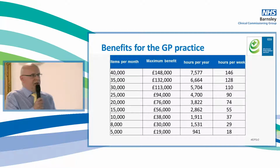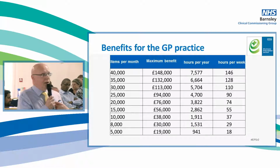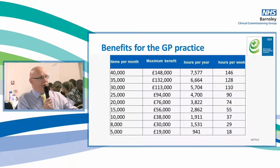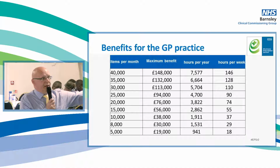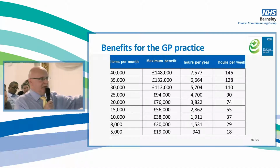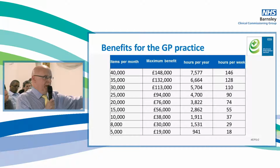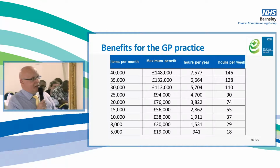Well, I'm more than happy that you said that, because to be honest, I'm with you. I think it looks like magic, and I don't necessarily believe it. The reason I'm presenting it without the background to it, this was all the stuff that is on the NHS website. We can happily send you the links to it, and you can read what was actually done behind it. But I've been given half an hour. I haven't been given enough time to go into how they did this survey. I'm more than happy to come and speak to you about it, and like you, I'm sceptical. But even if it's half right,